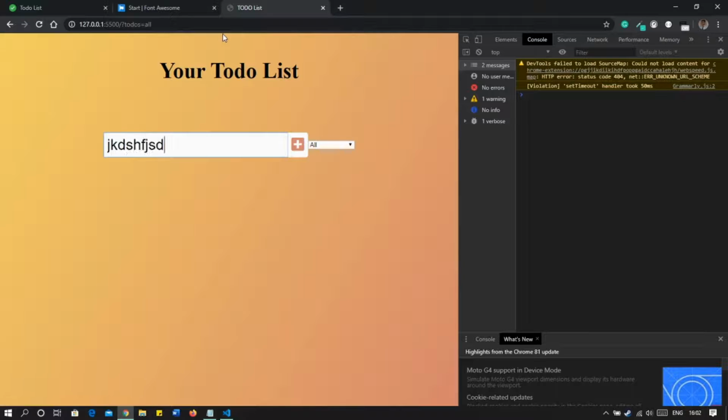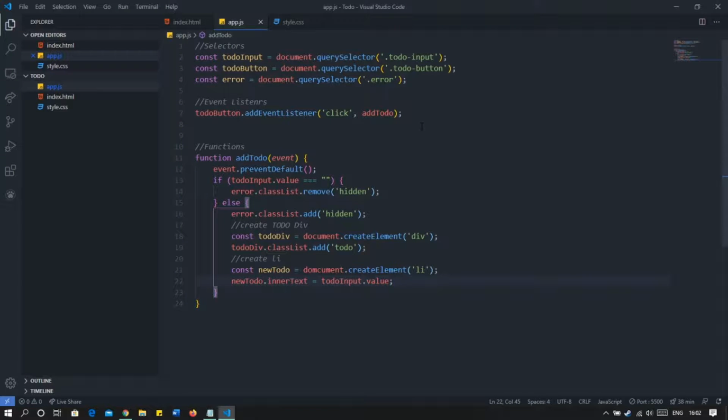Okay, it says HTML button element is not defined. Let me see what the error is.